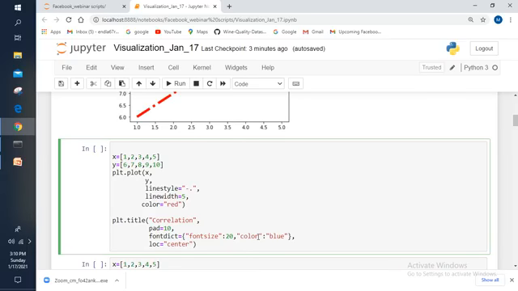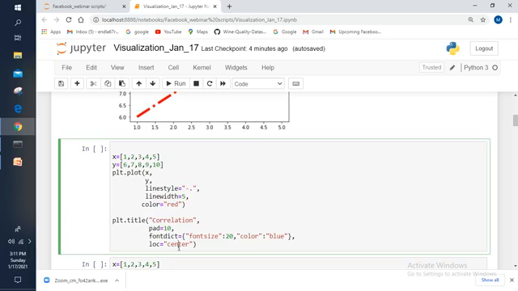Everything should be in the form of a dictionary, right? And after that, I specified the location as center. Whenever you use this location parameter, the title will be located in the center. If you want to place your title on the left side or the right side, then use this loc parameter and specify the position where you want to give the title. Then the title name will be successfully given in your required format.